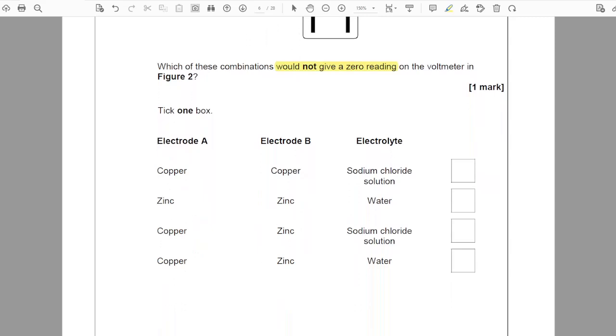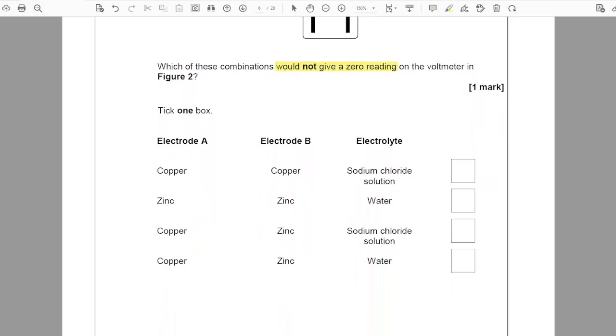Now a charge difference is set by having a difference in reactivity between your 2 electrodes. If you just simply have copper and copper together, there's no difference in reactivity, there's no difference in charge, therefore there's no charge difference, and so there's no voltage made. So it can't be copper and copper, it can't be zinc and zinc, so we're left with 2 options, the